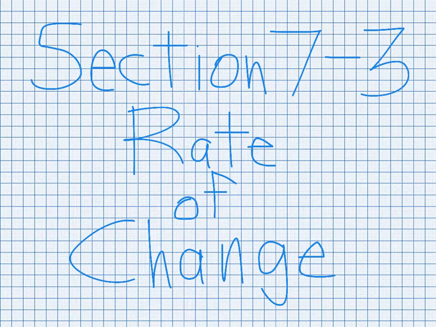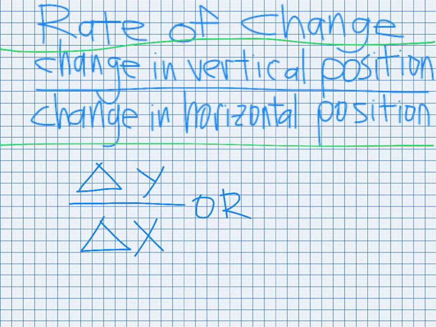Section 7-3, this is called rate of change. All right, so the vocabulary here is the rate of change. It says a rate of change is a rate that describes how one quantity changes in relation to another quantity. In this case, they're asking you to compare the change in the vertical position to the change in the